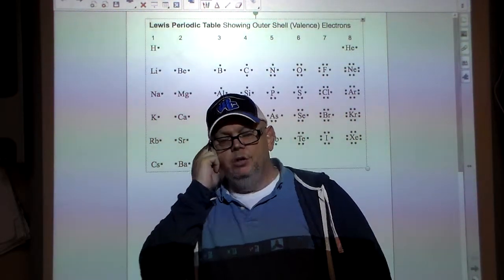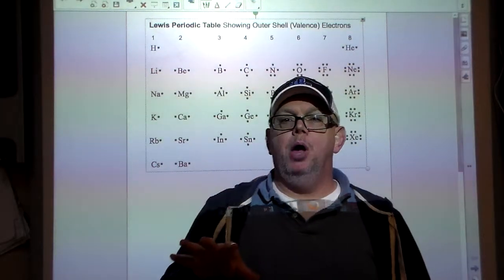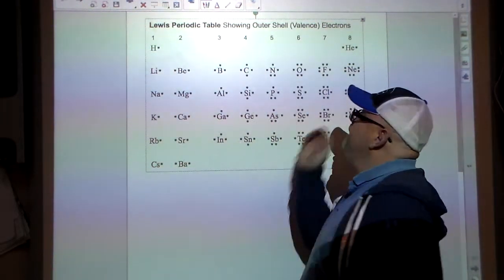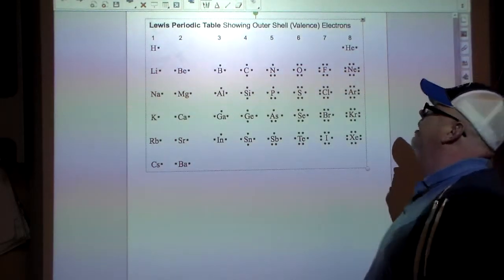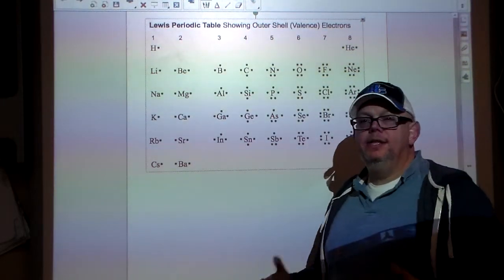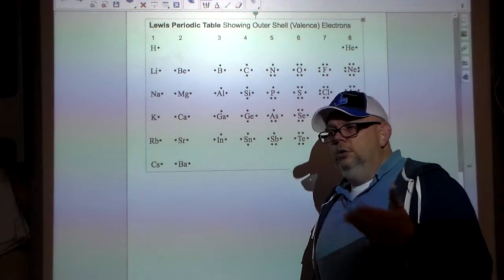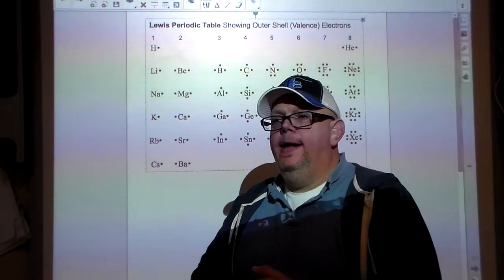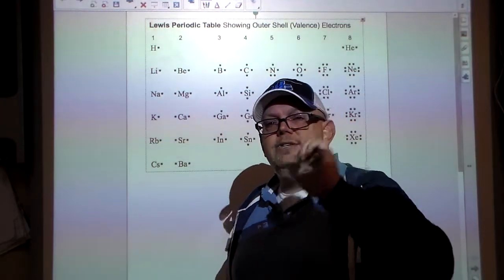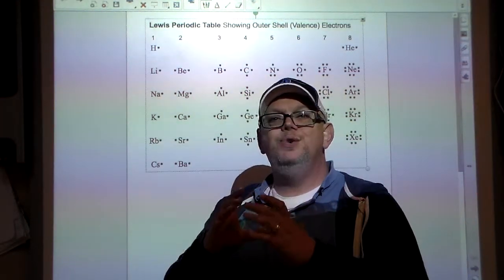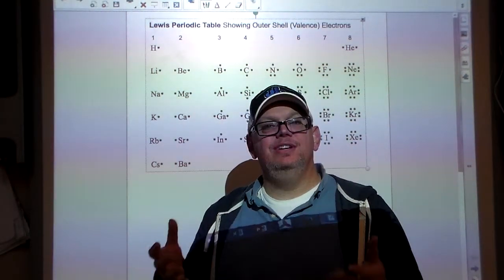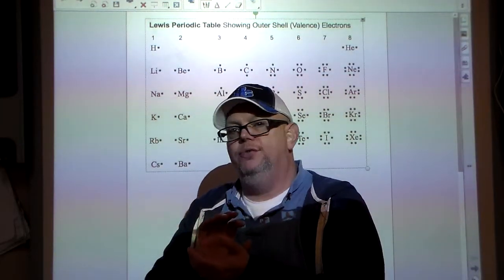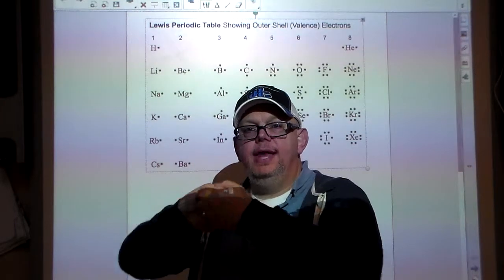Today we're going to be looking at Lewis dot diagrams and the bonding, and how that looks. In the back of me here I have the Lewis periodic table showing the outer shell, the valence electrons. Lewis was a guy who long ago developed a system where students, professors and researchers can figure out, based off the number of valence electrons for an atom, how the atoms can connect